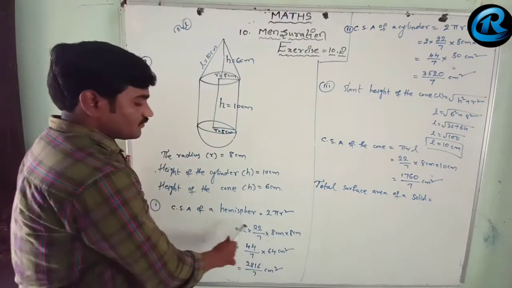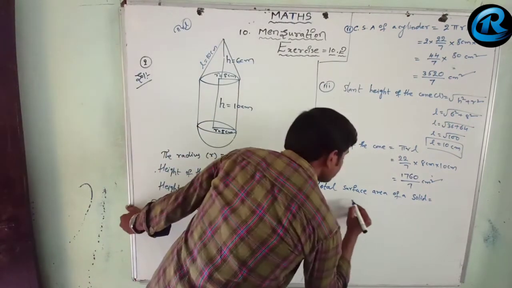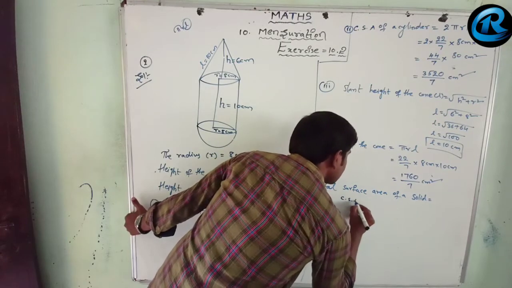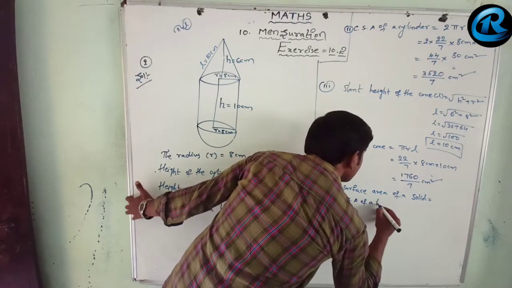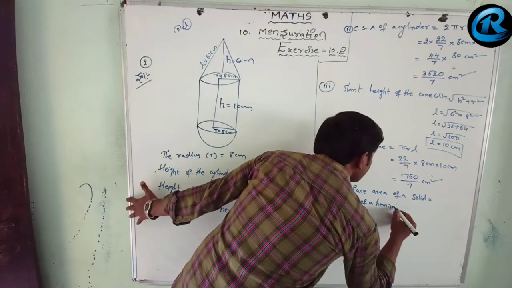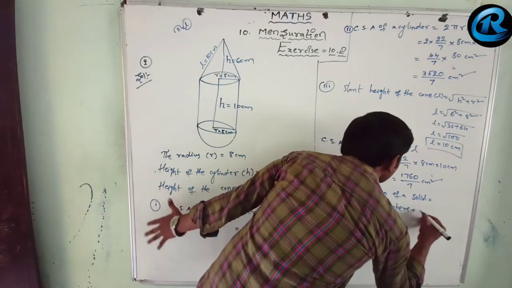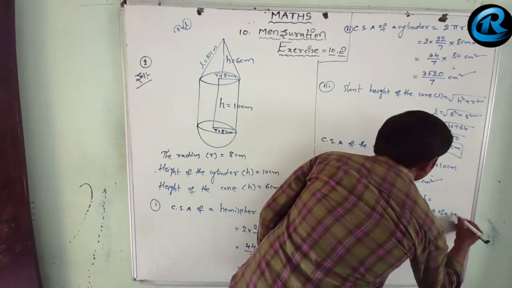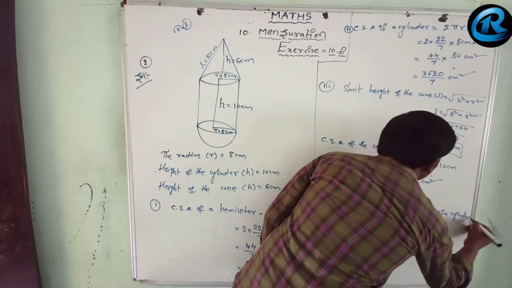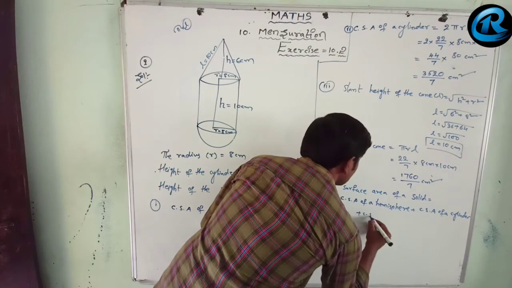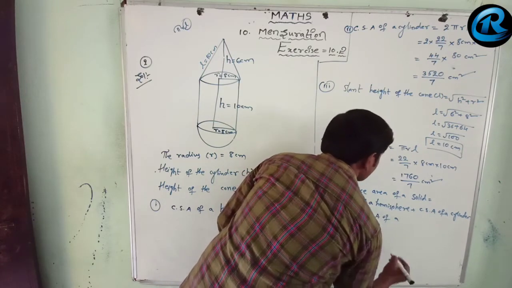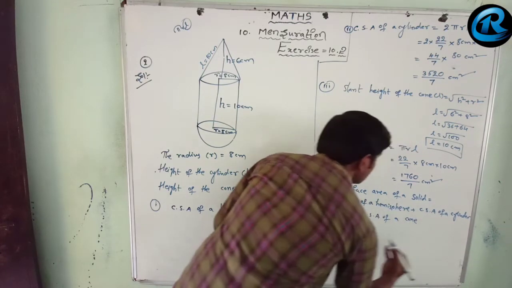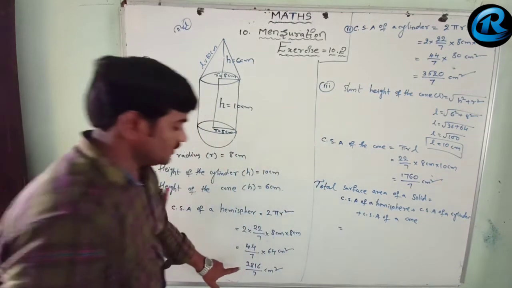We have to add the curved surface area of a hemisphere plus curved surface area of a cylinder plus curved surface area of a cone. So that will be, let us add it here,